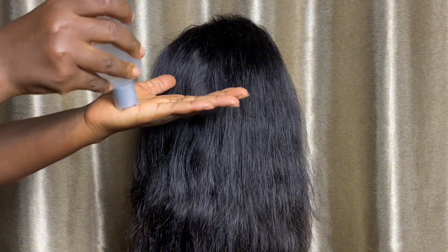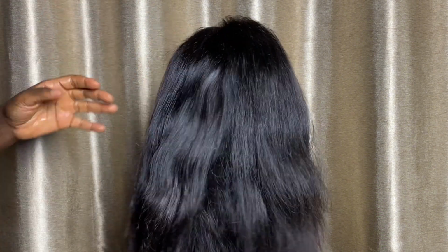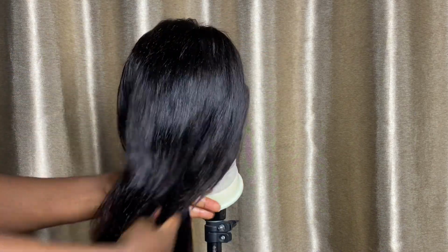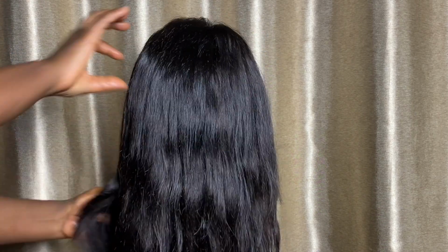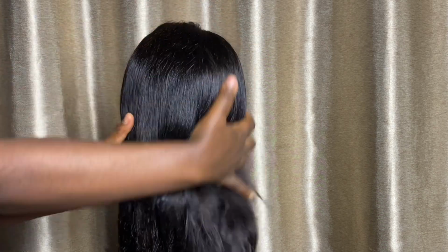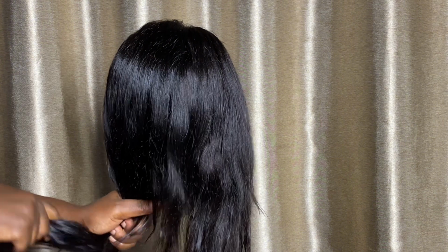Okay, so yeah, I went in with Balsic. I recently just started using this, and let me just say that I love the product. It's so light, a little goes a long way. Put just a little on your palm and rub the entire hair, and it just gives it instant shine. It's shiny, it's slick, it's just really nice. So yeah, I've applied Balsic on the hair, and I went in with